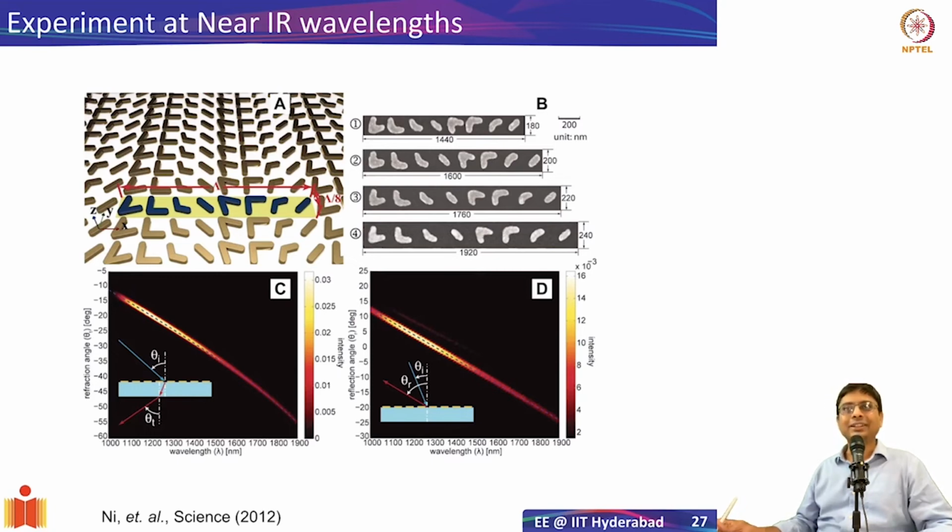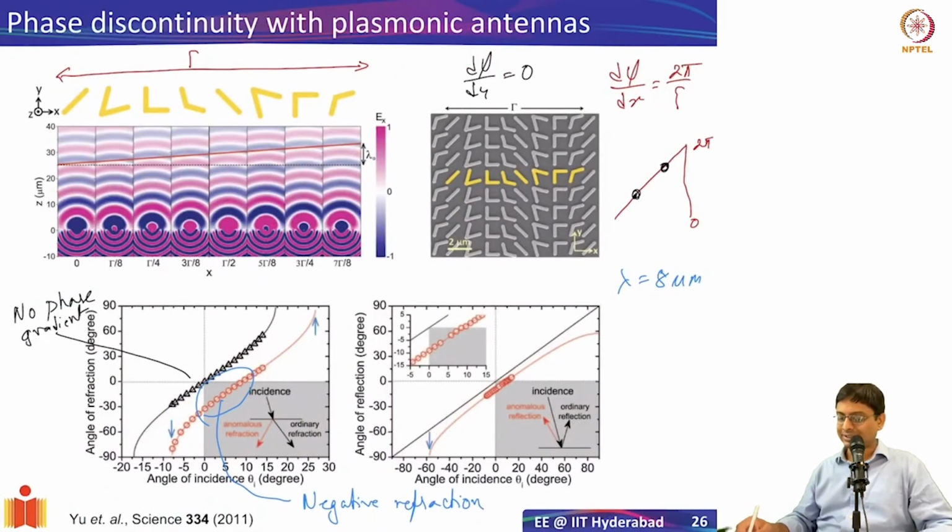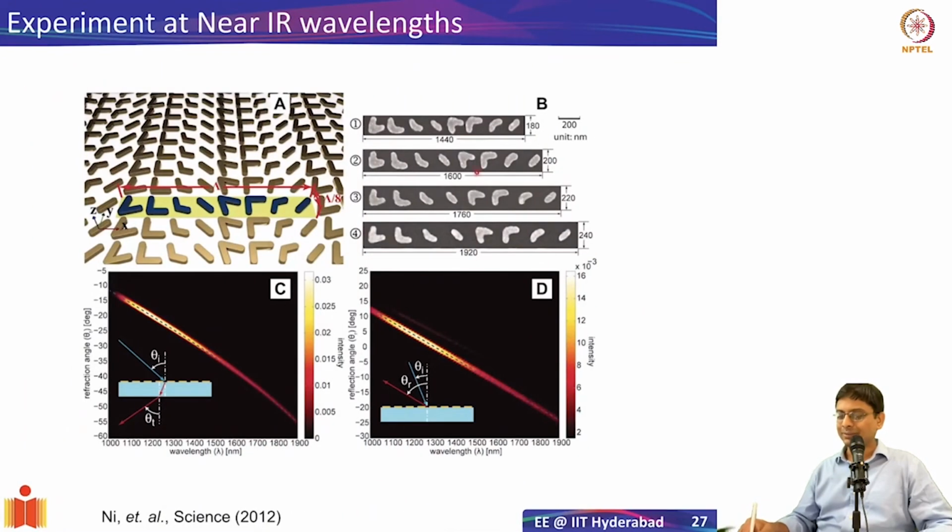But you see that already the quality of these antennas, if you compare the previous slide, they're all nice, beautifully shaped. But then the moment you come to near IR, the antenna shapes are not so nice. And I must confess that this is actually fabricated by me, and I think it could even be better. It was not the best of samples, but it is what it is. So you can improve these things definitely, but at that point we didn't really spend time on that. You can do slightly better than this, but still overall you'll be limited by the size of the antennas.